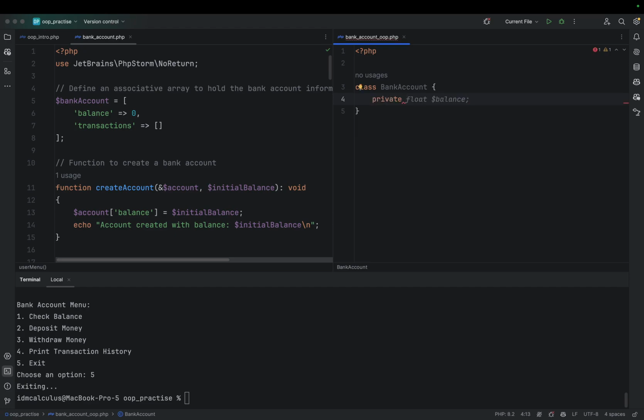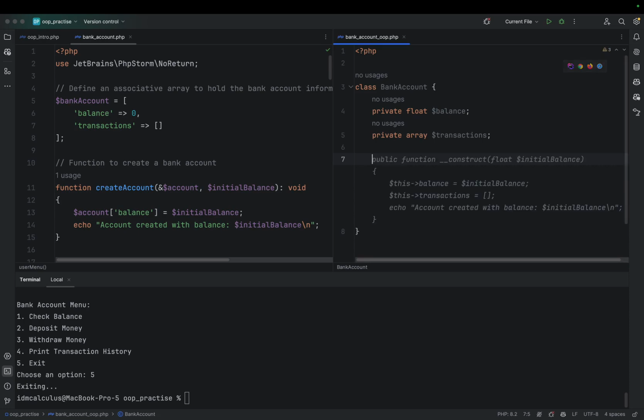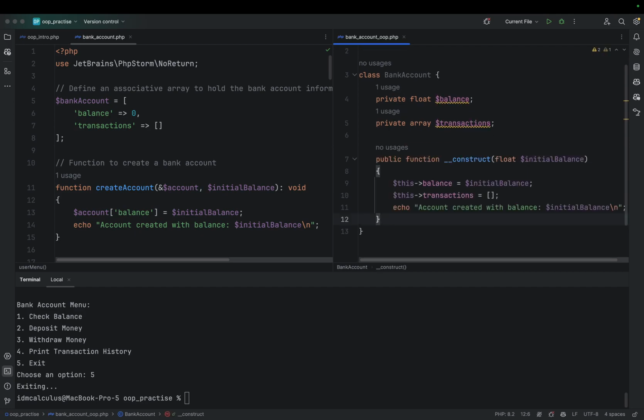So it's showing float, private balance, and then the transactions, just showing the type of, and then we create the constructor, and basically I'm accepting all of those